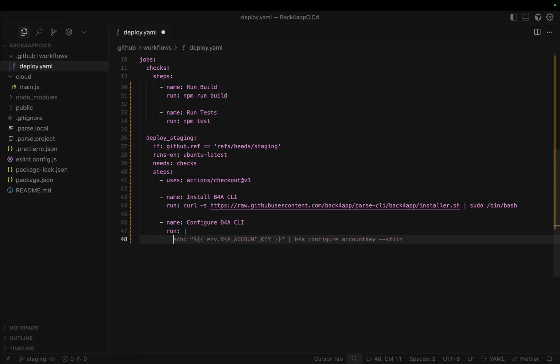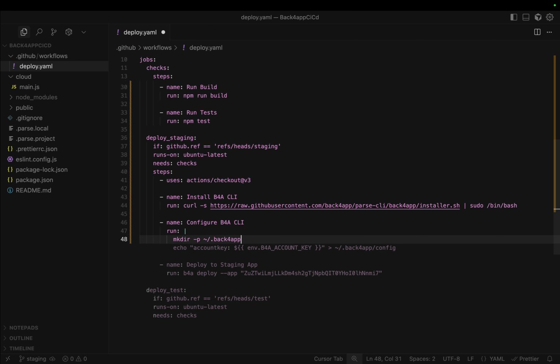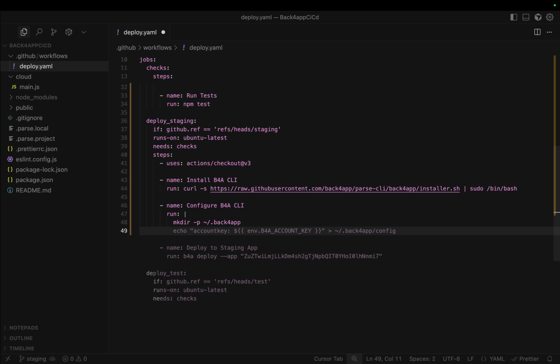So we need first to create the directory to resemble the .back4app directory we have in our machine. We'll do that by typing mkdir -p and then the home directory, ~/.back4app. This will create the Back4app hidden directory. We have other things to do. We need to actually read the Back4app content from the netrc secret that we just created into our actual netrc file. So echo,